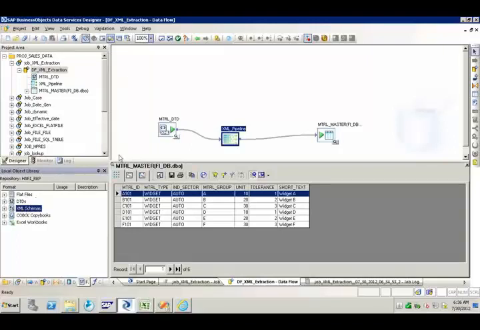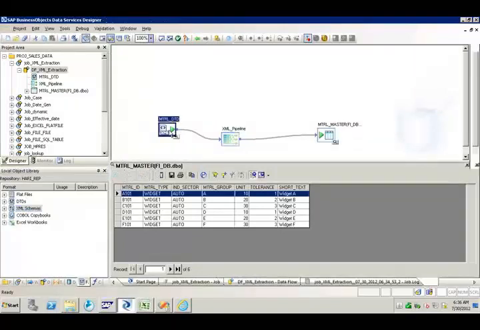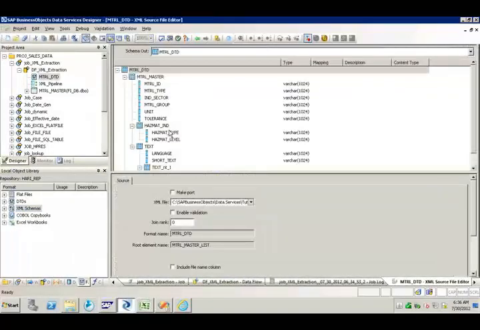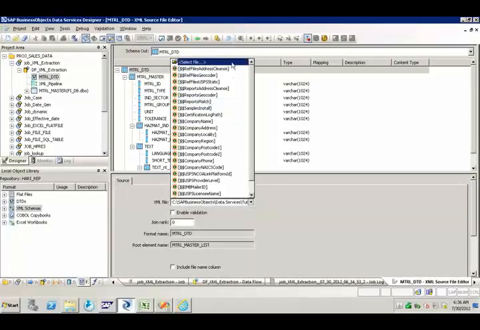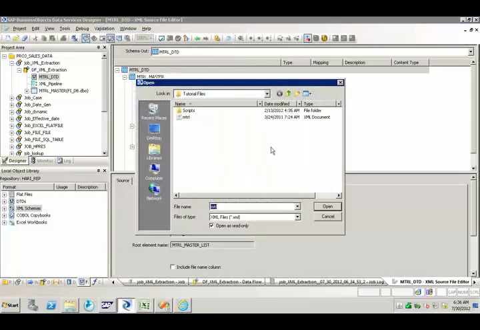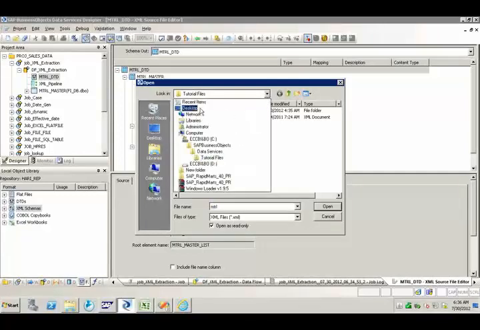Then after that, drag and drop that into your data flow. Double click on the data flow. In the data flow there will be an option called XML pipeline, XML file, where we need to browse and select the corresponding XML data file here. So for your practice session also, please use this file which is there in the tutorials folder.